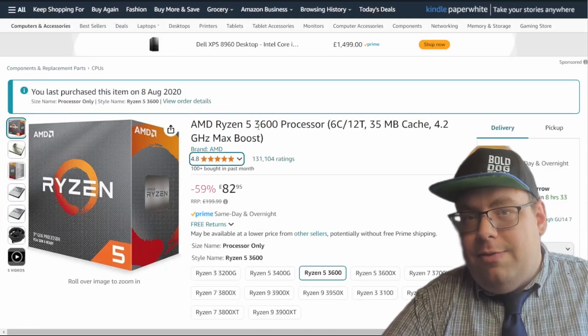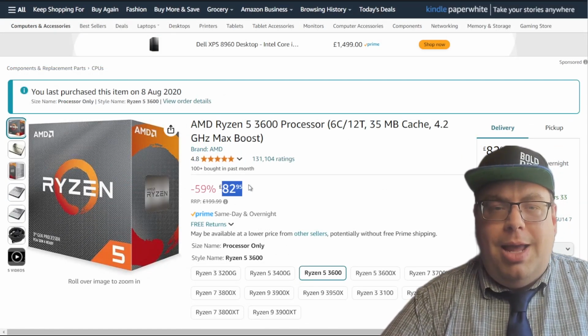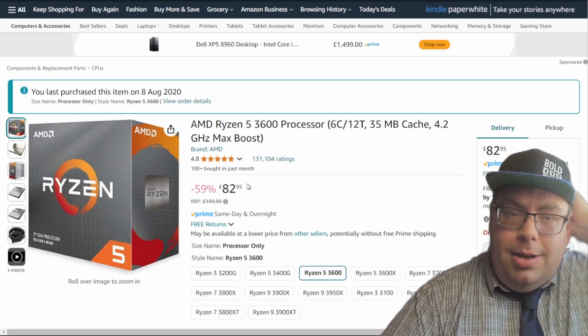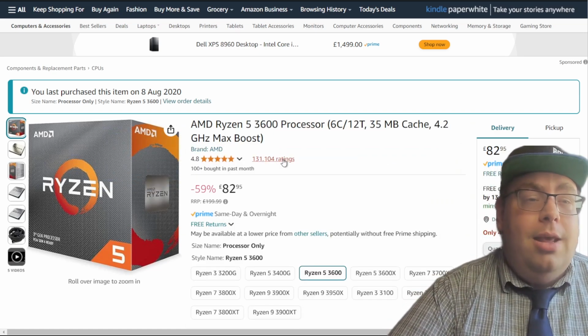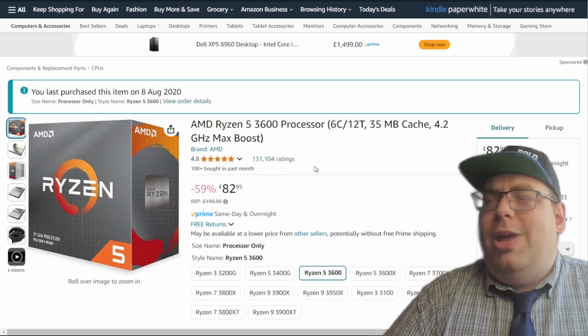AMD Ryzen 5 3600 processor. At the moment it costs £82, so I think that's a really good deal. But you could probably get a better one at the moment if you were going for a mid-range computer. But this processor has been fantastic since I've got it, and with a lot of games,